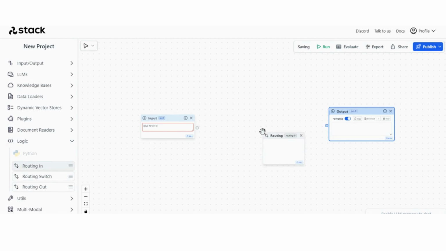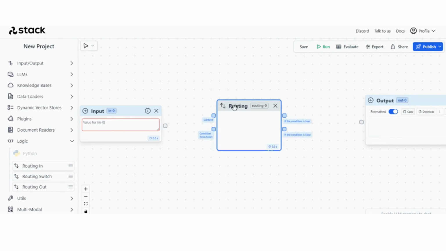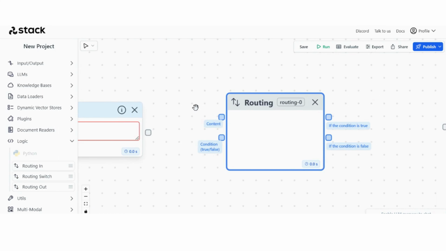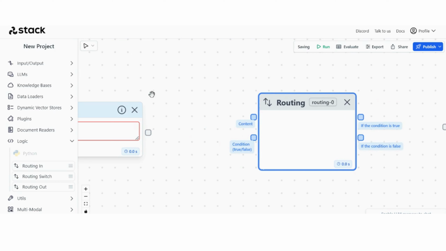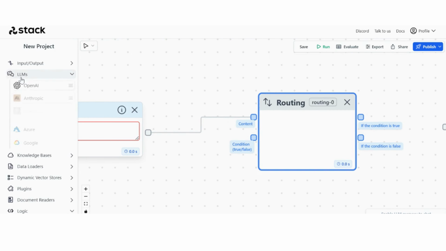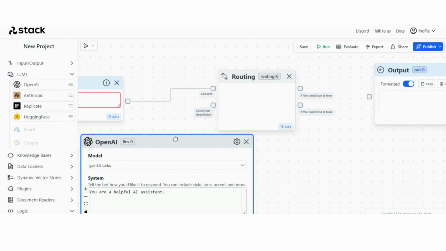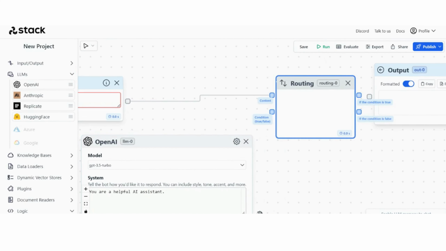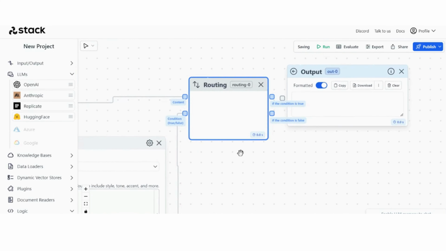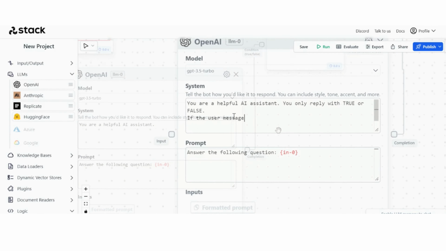So routing in is essentially a condition block which has true or false, so you can have like if it's about this, answer true, if it's about that, answer false, and you have the content which your user input goes in, and you have your condition which an LLM, in this case GPT 3.5 turbo, will determine the condition, right? So in this case,